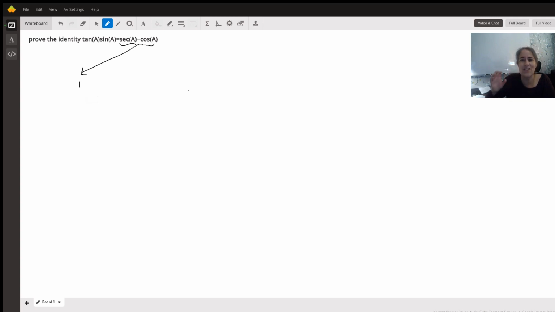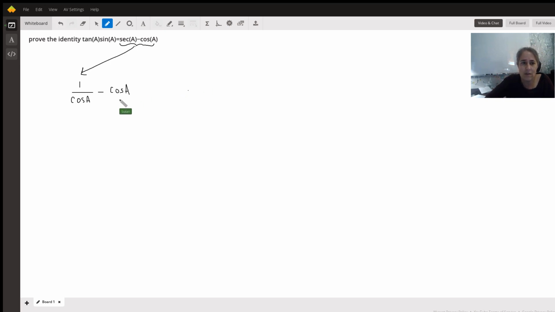to change things into sine and cosine. So I'm going to change the secant into 1 over the cosine. And that would be minus cosine A. So you want to simplify those. That's just another tool. Sometimes it doesn't work, sometimes it does, but generally speaking, it does. So starting with a more complicated side, you can write these steps down, changing secants, cosecants, cotangents to sine cosine